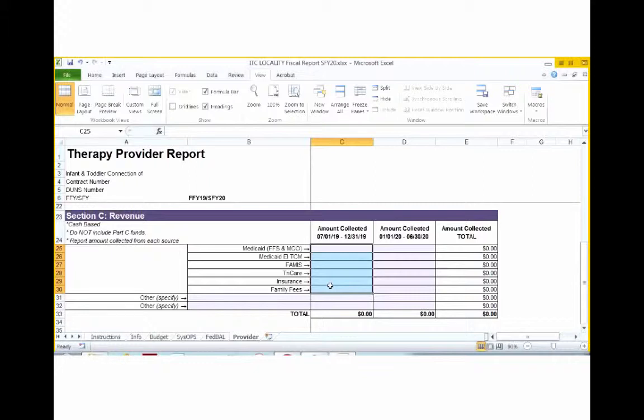For example, if your local lead agency does the billing for a contract provider and your local lead agency retains the revenue, then those totals are included in section B on the mid-year column for the local lead agency. Therefore, the revenue for that provider should be reported as 0 on the therapy provider tab. The mid-year information on the budget and the therapy provider report are due to the state office by the date